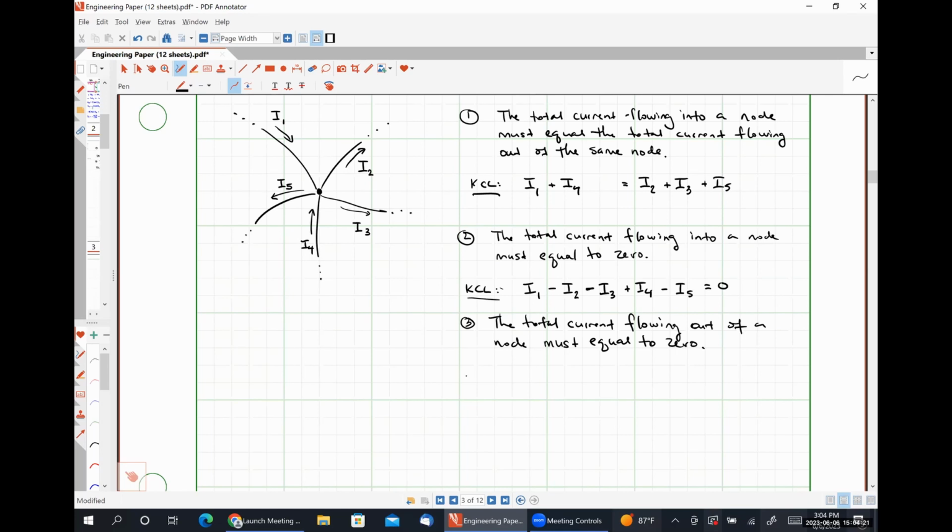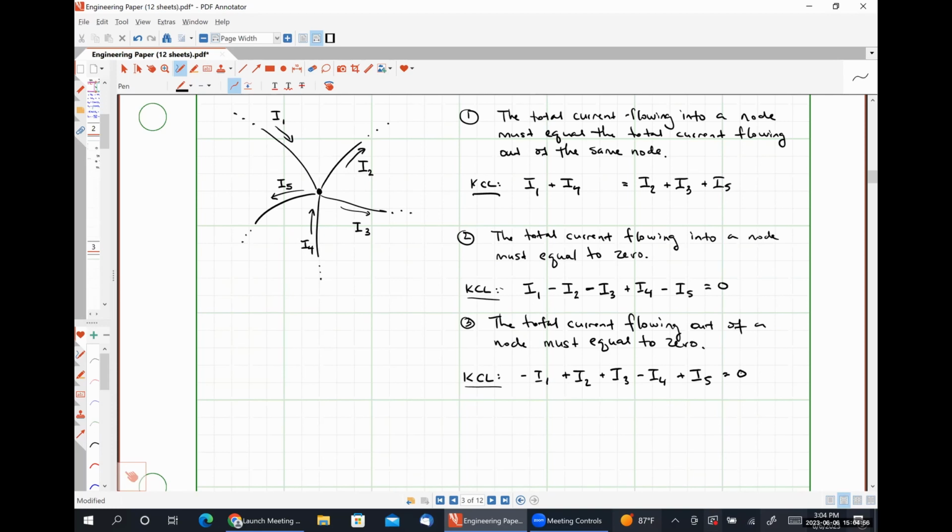So looking at KCL from this perspective, negative I1 is flowing out, positive I2 is flowing out, positive I3 is flowing out, negative I4 is flowing out, positive I5 is flowing out, set that equal to 0. And it's the same thing as our last expression, except everything is multiplied by a factor of -1, because we're choosing the opposite direction to effectively be our reference. Okay,